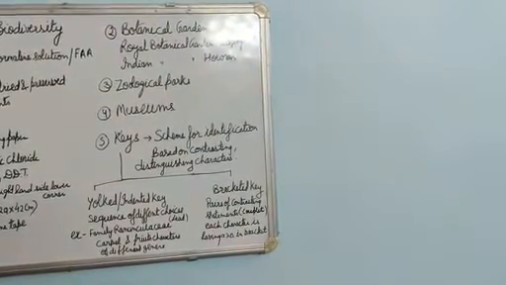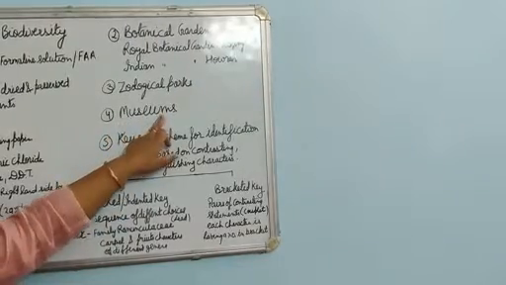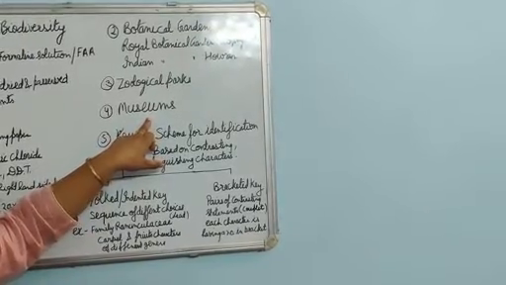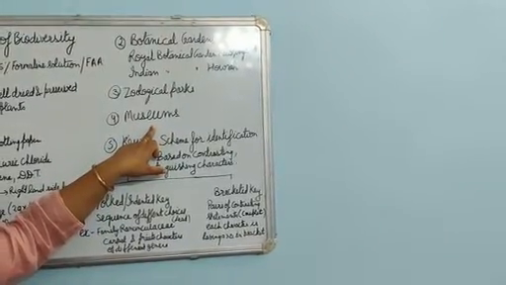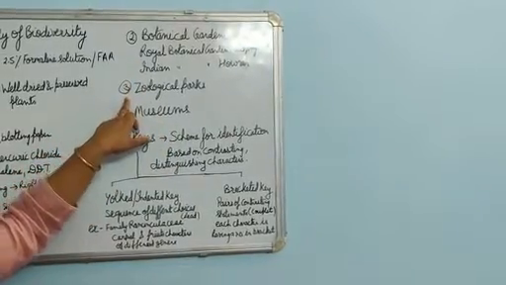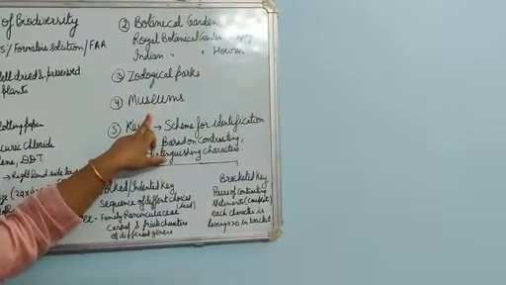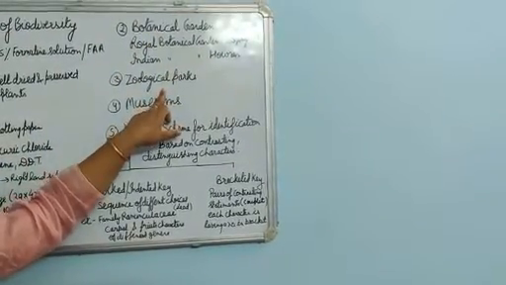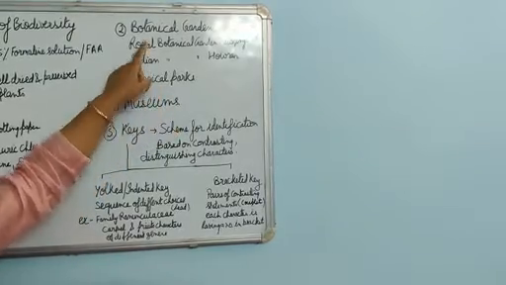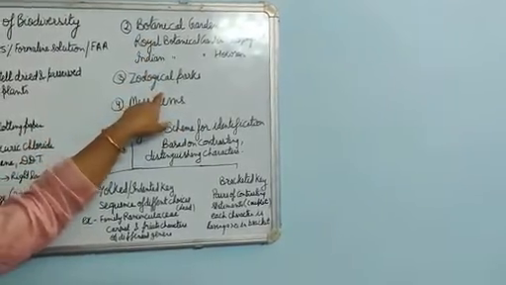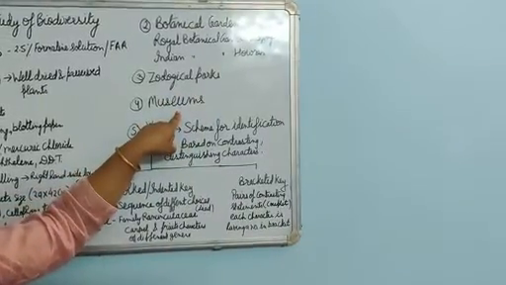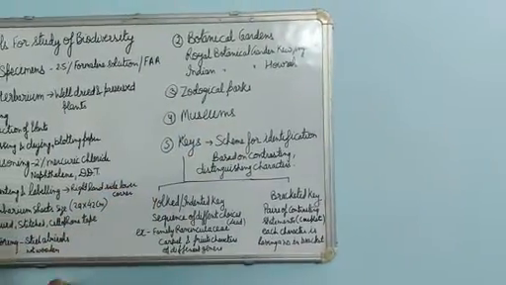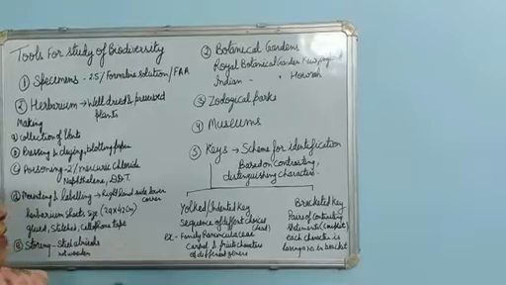They are available. And the second thing is museums. What is the difference between these botanical gardens, zoological parks, and the museum? In a museum, we are preserving the dead bodies of plants and animals. They are stored for a longer period of time. Most of the botanical gardens and zoological parks are in the open because you are providing a natural environment to the plants or the animals. But in the museums, in the building, these dead bodies are kept. So museums are also a source to study biodiversity.